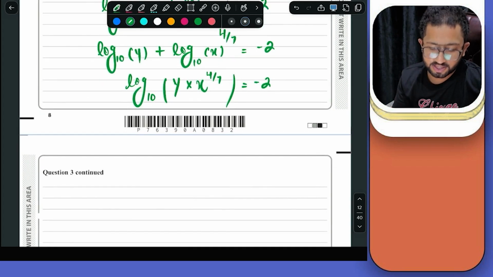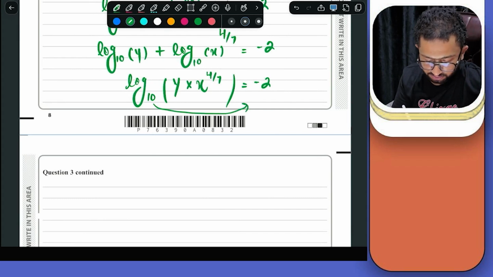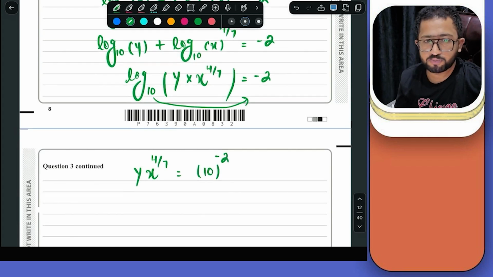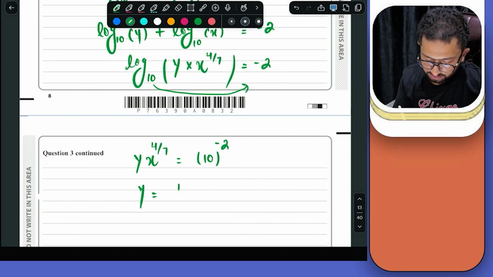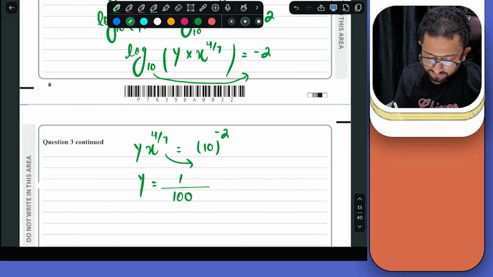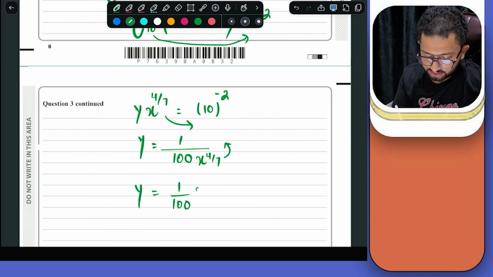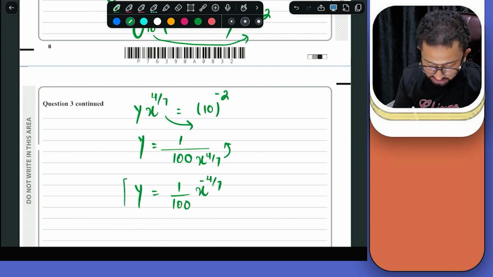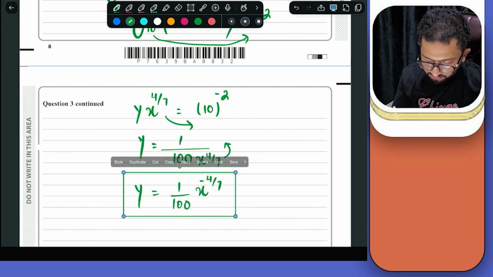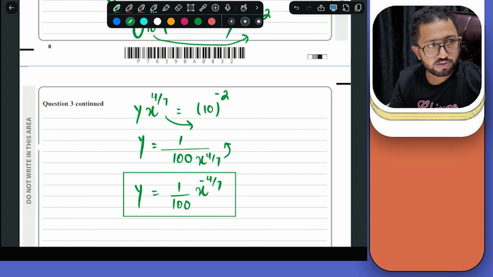Let's apply exponential ideas. 10 will become the base of minus 2. 10 raised to power minus 2. I want to make y the subject. It is 1 over 100, and it will shift to the other side, so obviously it will divide. So the answer for y is 1 over 100. Let's shift it into the numerator, so the sign of the power will change. That is a property. Your concept should be strong from the topic, then you will be able to do every question